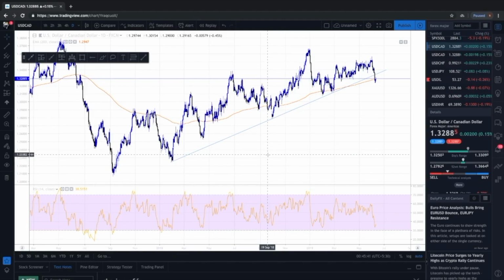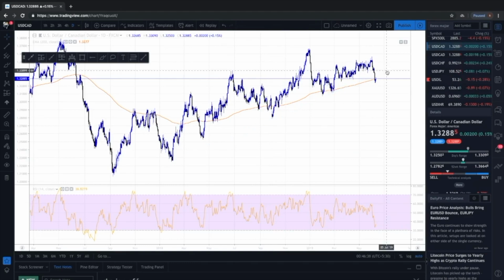But what I think is the most important thing is to understand the exact psychology behind the trend lines, so that you can understand what the other traders are doing, or what is going on between the buyers and the sellers. Because I feel if you know the concept of anything, then it becomes much easier for you to use it. So let us first try to understand what a trend line is and what is the exact concept behind it, and then I will tell you how to draw a trend line with accuracy.